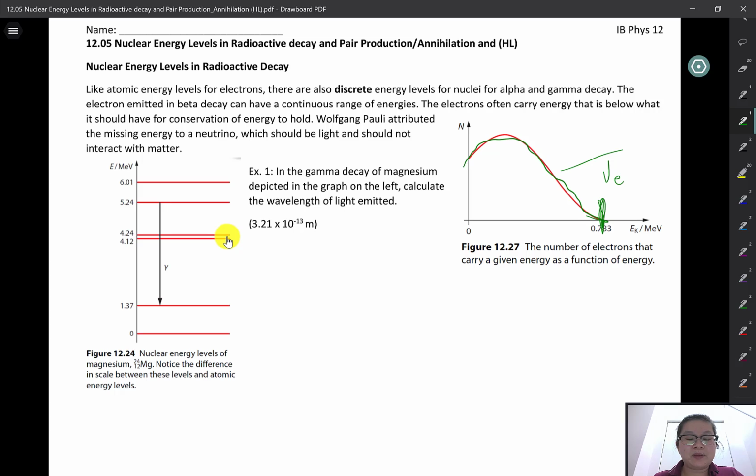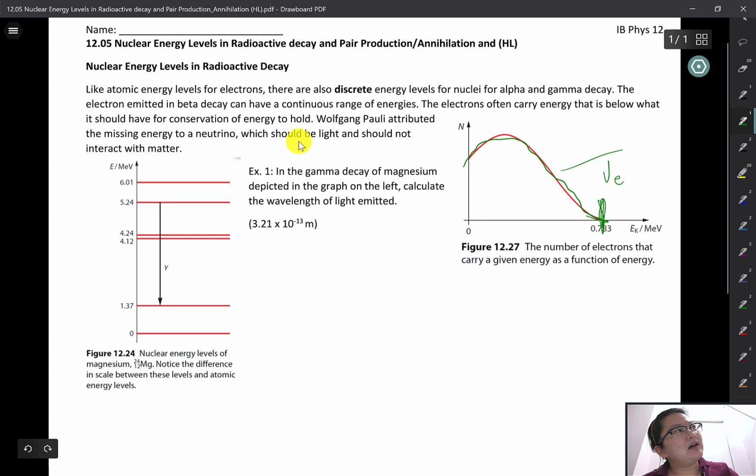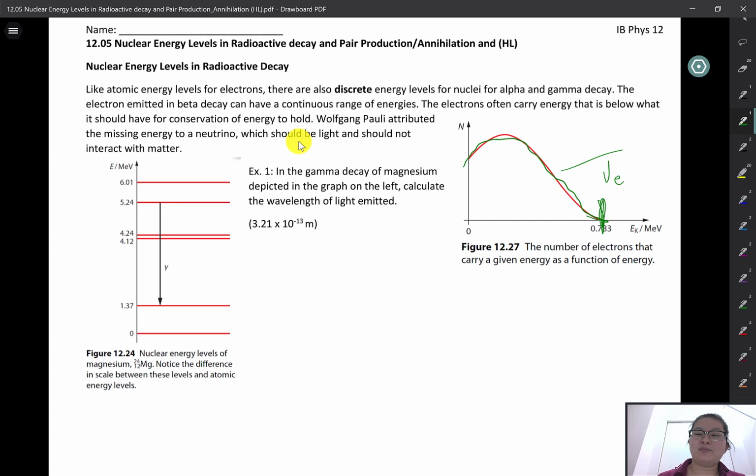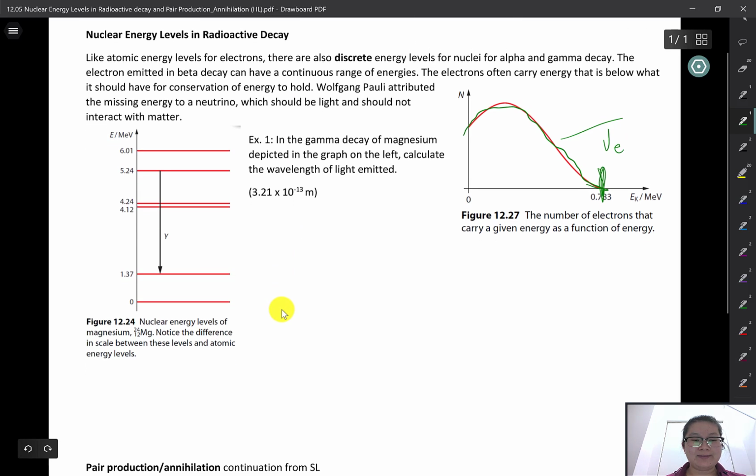Because of how the kinetic energies don't match up in the beta decay, this guy, Wolfgang Pauli, eventually attributed this missing amount of kinetic energy to another particle. There must be another particle in the decay products in order for everything to balance out, for the momenta to balance out. Okay, so based off of these observations, not the beta, of course, but with these two decay, we find that